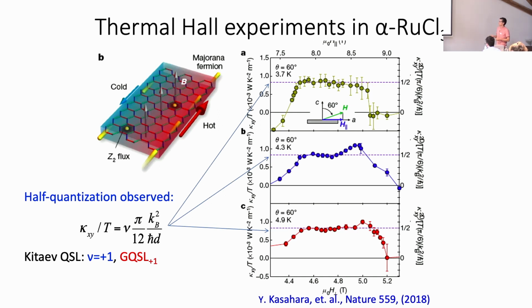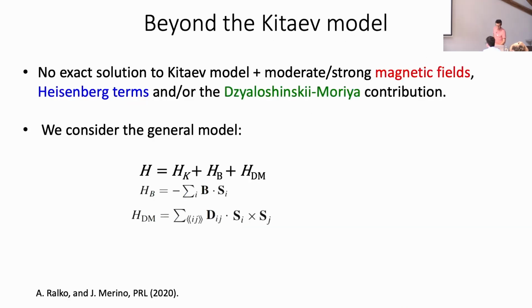And okay, so if now we go beyond this Kitaev model, this was the analysis we have been doing, then there's no exact solution, and so what we have considered is to introduce a magnetic field, but in contrast to the solution by Kitaev, we don't restrict the magnetic field to small values, so it's not perturbation theory. So we want to go to moderate to large values of the magnetic field, and also we have considered Jaroszynski-Morilla